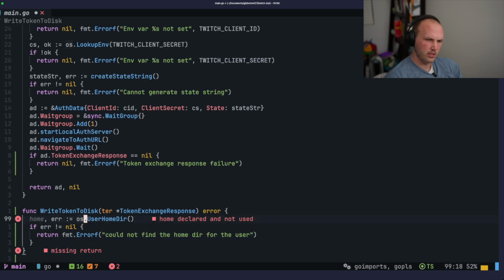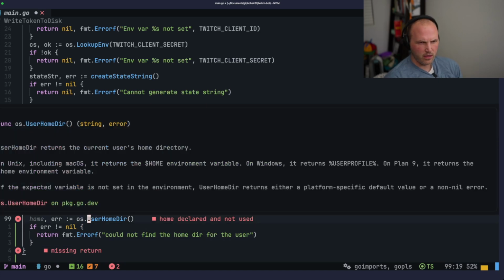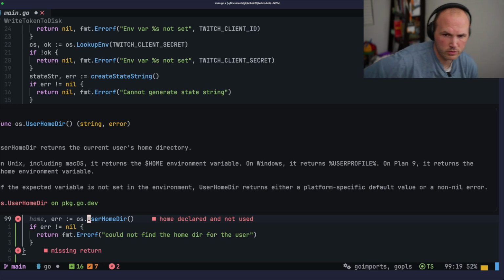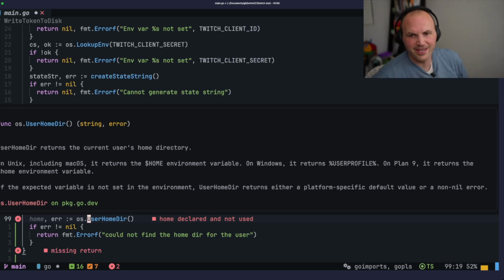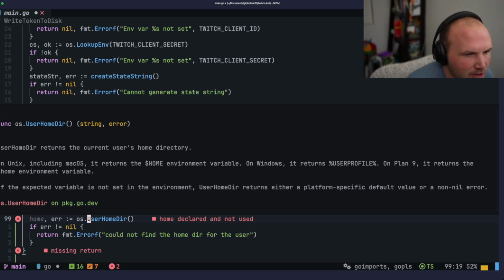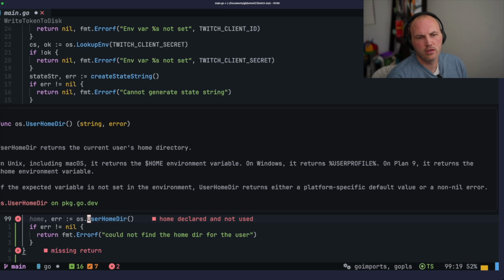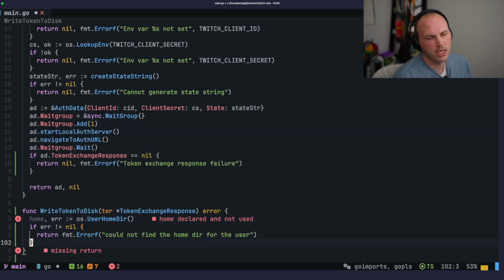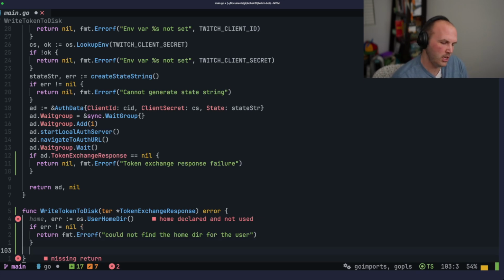It should. Shift K. Includes the current user's home directory. On Unix, including macOS, it returns the HOME environment variable. On Windows, it returns USERPROFILE. On Plan 9, what is Plan 9? It returns the HOME environment variable. Plan 9 sounds interesting. It sounds like a government program or something, right? So let's see. Now that we have the home directory, what we want to do is say